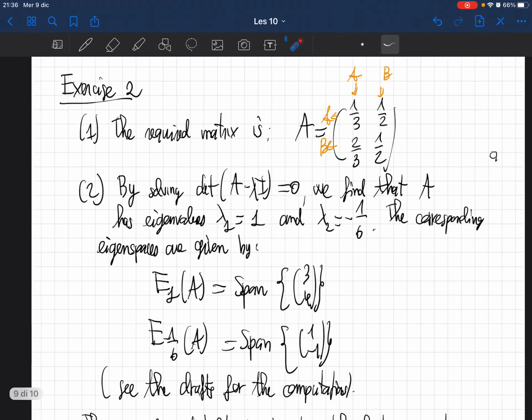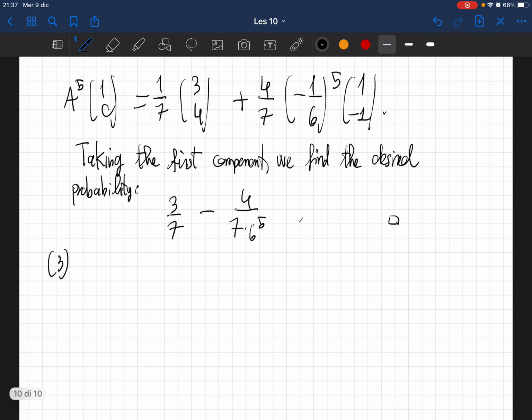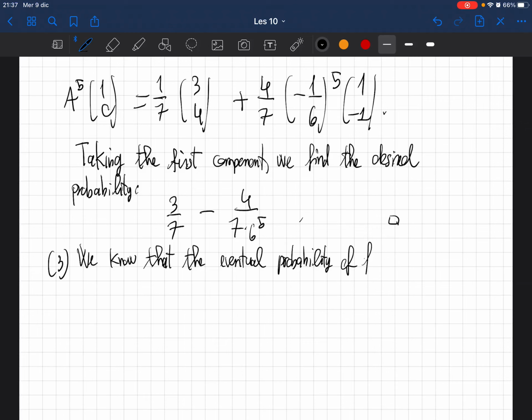So we know from the theory, and we can restate it, that the eventual probability of flying with A or B is given by rescaling